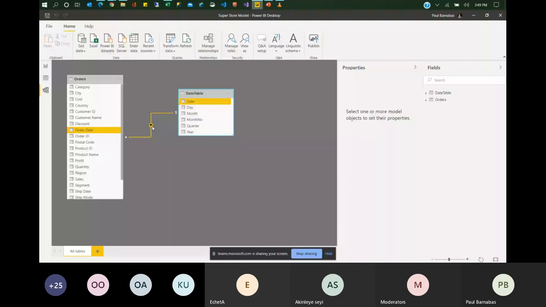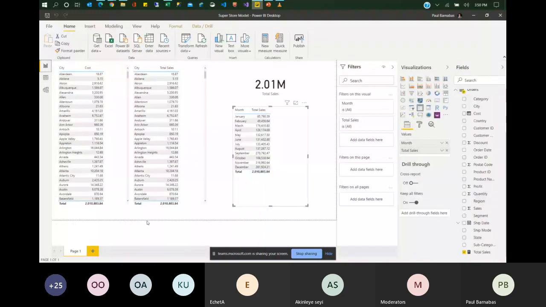Wow. So as you can see now, our numbers are well broken down. The total context has kicked in, and now the sales numbers are split into January, February, March, and on up to December. And this is beautiful because before, the best we could do was just to visualize this sales number as a whole or split it by any one of these columns. But it was difficult for us to really look at it based on what is happening over time. And this is simply called time intelligence when it comes to Power BI.